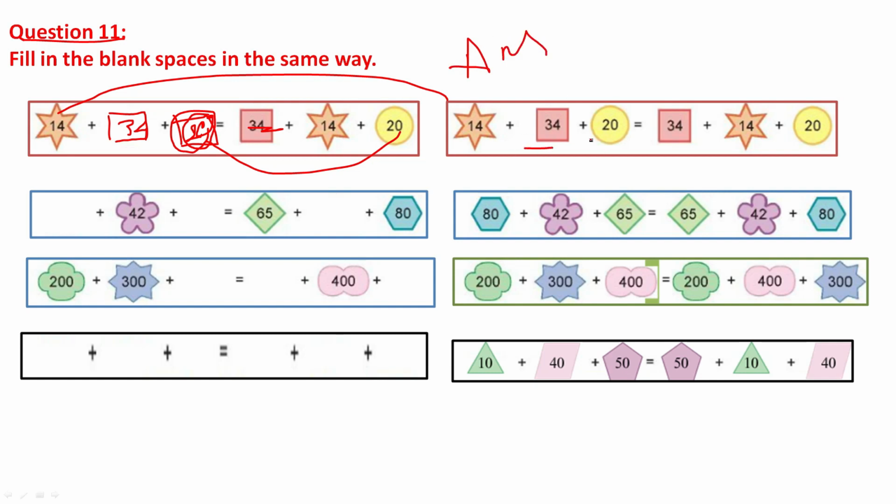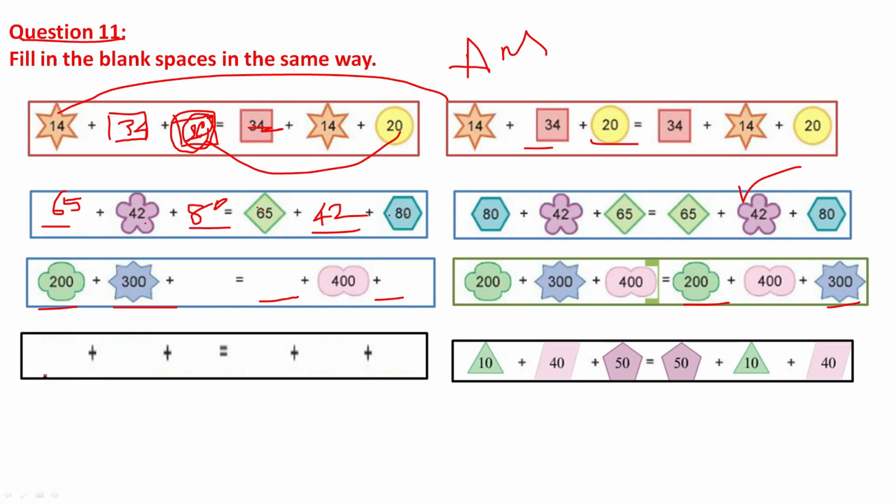So the answer for this, you can get on the right side. This is the answer, the missing number. Here the first one is missing and the third one is missing. Here the middle number is missing. So you can find the middle number 42. That 42 will come. You can see 42. Then here diamond, inside the diamond 65. So you can put 65 here. Here 80 is the right answer. 80 is on the left side, so 80 you can put. In this way you can complete. So here 200, 300. Here that number is missing. So you have to put 200 and 300. You can see the answer 200, 300.